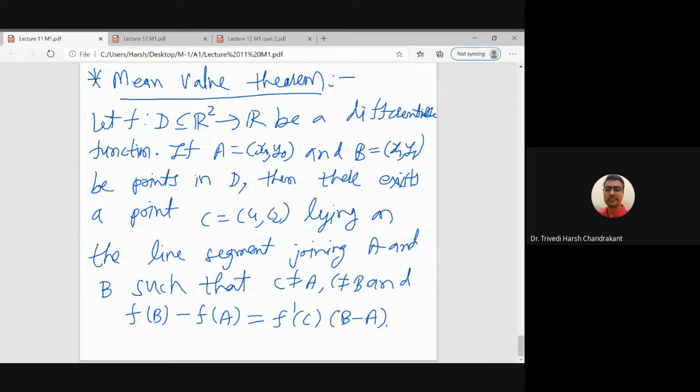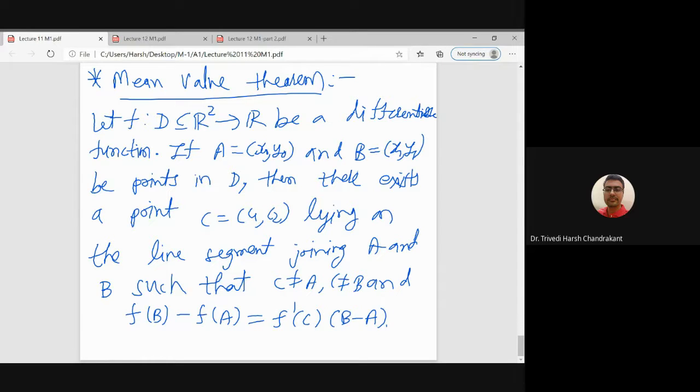In the mean value theorem, we have the statement that if the function f is a differentiable function from the xy plane to the real line, and if we have 2 points A and B, where A is (x0, y0) and B is (x1, y1), the points in the domain D, then there exists a point C which is between A and B. Here C is between A and B means C is lying on the line segment joining A to B, because we are in the xy plane, and such that